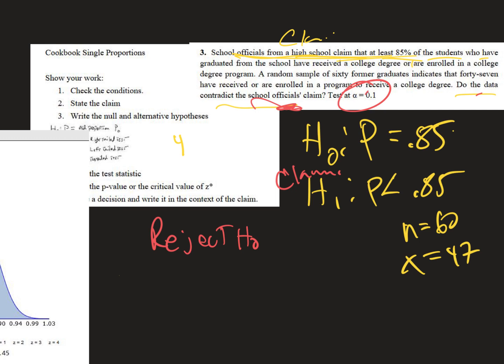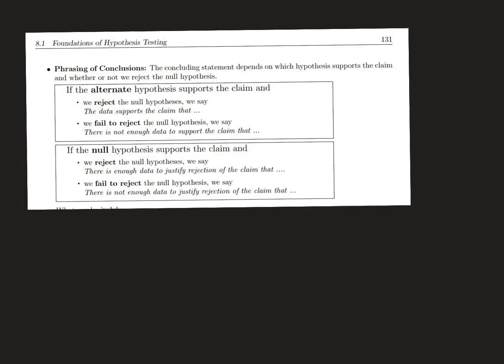So let's see. Now I gave the test statistic. I rejected H0. H1's the claim. So we said H1 was the claim, and we rejected the null hypothesis. We rejected H0. So we're going to phrase this as, let me do this, so the data supports the claim that, you got to write that in, and then what